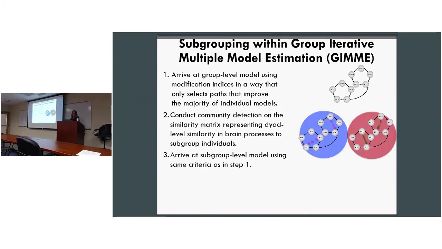Okay. So then having arrived at subgroups, we then, within each subgroup, arrive at group level maps, but now they're subgroup level maps. So they all still have the group level paths, and now we add paths that exist only for those subgroups. And the rationale behind this is that following from the logic that the group level paths improve upon recovery of individual level paths, if we could then get subgroup level paths, we could further improve our reliability for the individual level paths.